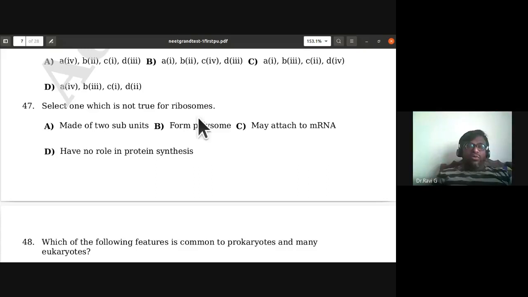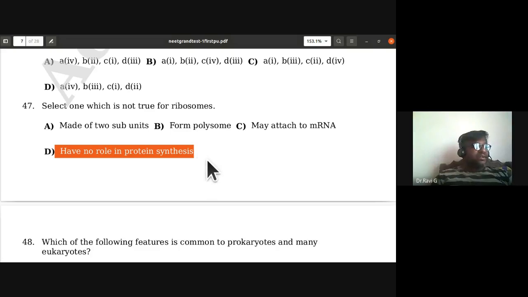Select one which is not true for ribosomes. So they are made up of two subunits. They form polysomes, may attach to mRNA. They have no role in protein synthesis is the incorrect statement for ribosomes, the not true statement for ribosomes. So 47, the answer is D. Okay. 48,